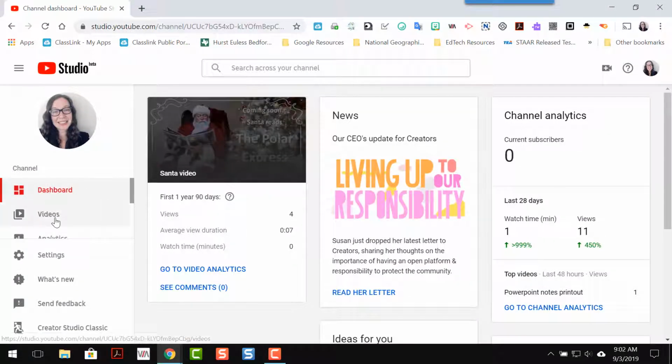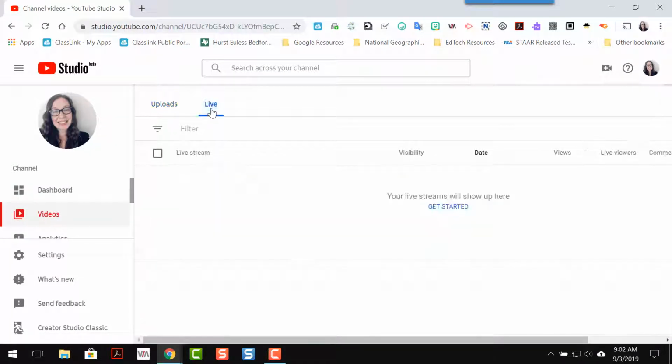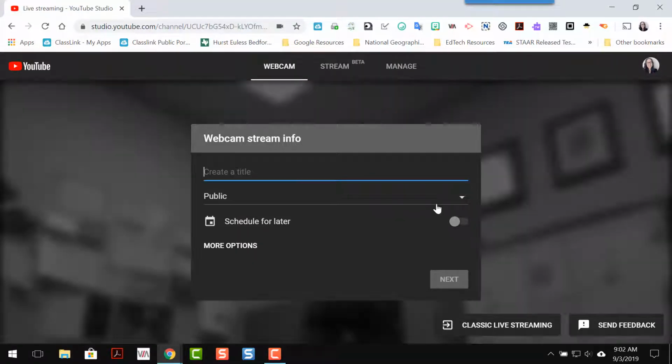Next, on the left hand side, under the word dashboard, you're going to find videos. Click on videos, you're going to see uploads and the word live. Click on live. This is your live stream. The first time you come in, you're going to get this screen right here where it says get started. To get started, we're just going to click on the words, and it's going to take us to a webcam